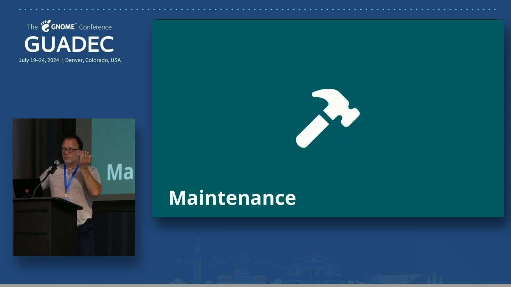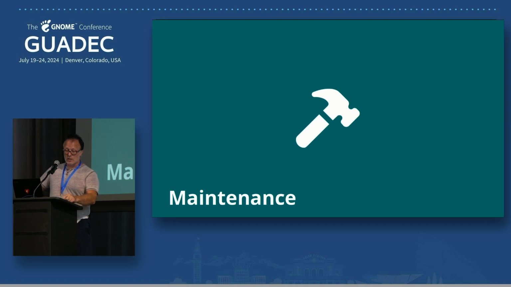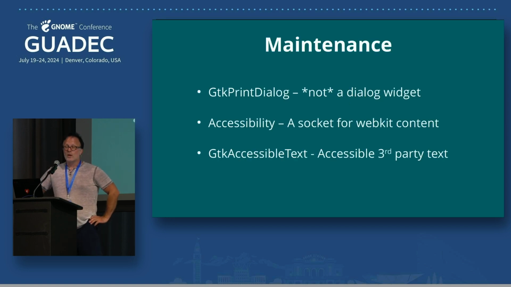Beyond these big headline features that I listed now, there's a few smaller things that have happened since last GUADEC. I wanted to quickly go through some of them. One is we have a new GTK print dialog. That's what the API is called, but I wanted to make it very clear that this is not actually a dialog widget. It's another instance of we have a family of async dialog APIs which abstract away the widget so that you can nicely implement these async APIs on top of